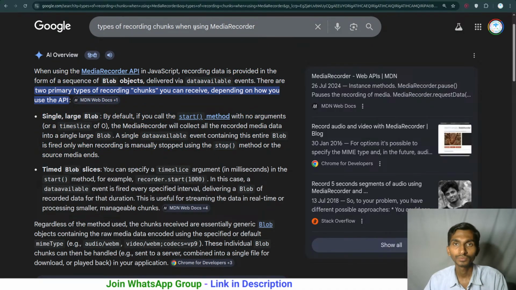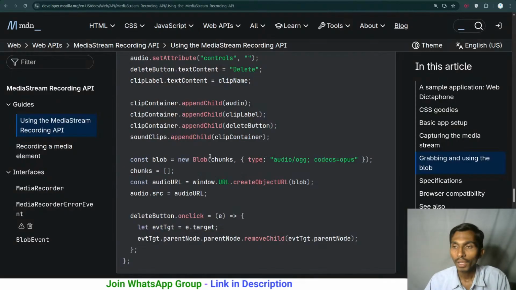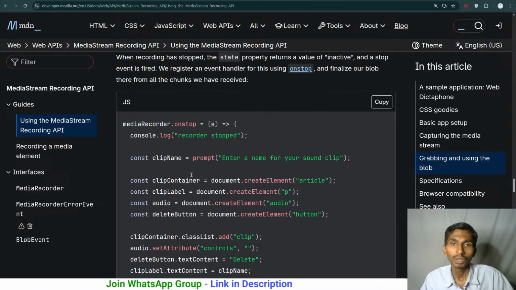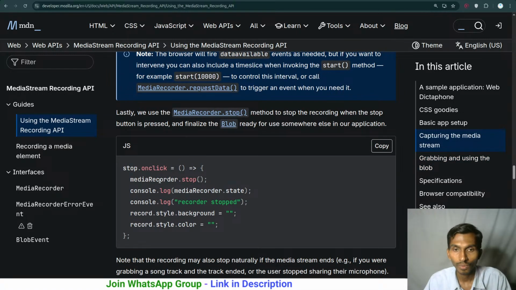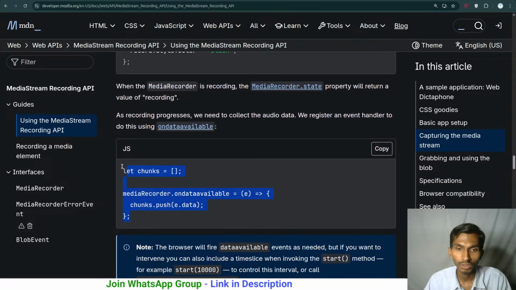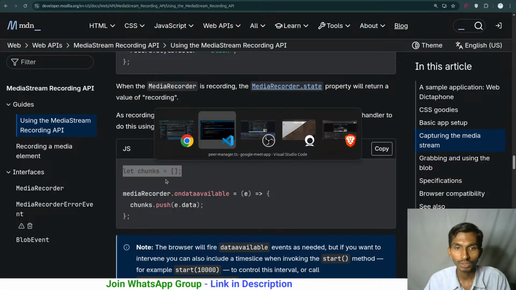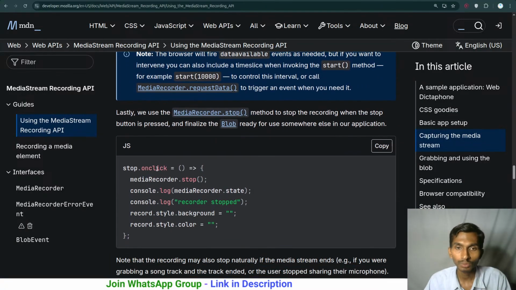Okay, great. Control W. Coming back to this one, what is the next thing? Not this one, on click media, not stop. Okay, so this much we have done. We got the data, we saved it in the chunks. What is the next thing? Once that is done, let's go to the next step.